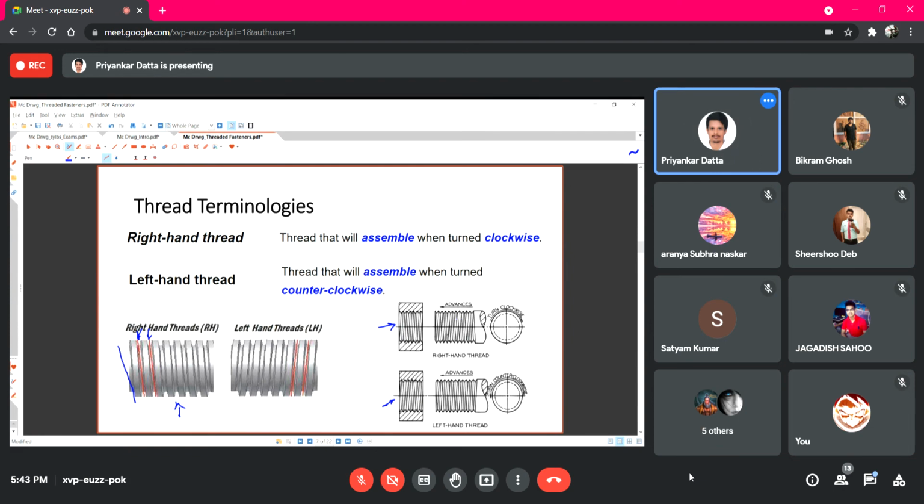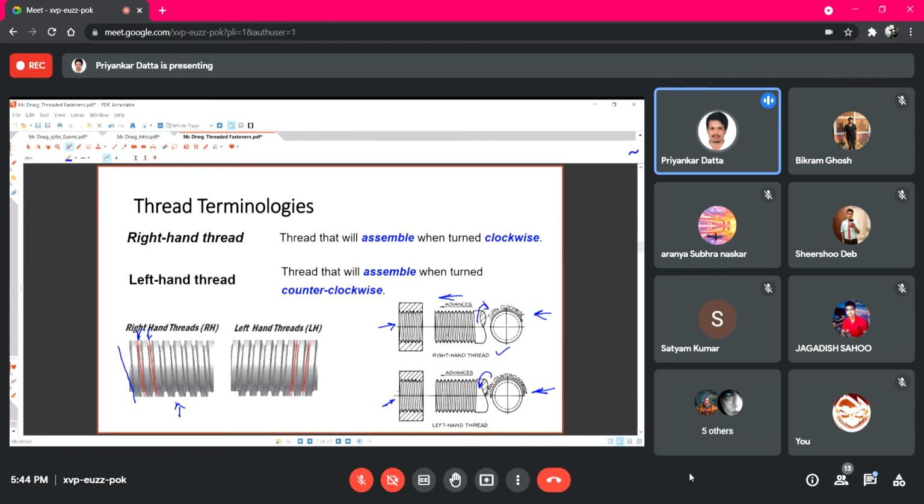Now, for mating or assembling, if a right hand thread is there and we see from this direction, we have to rotate this part in clockwise direction so that it advances inside the nut. Similarly, if we have a left hand thread and the observer is seeing from this direction, we have to impart an anti-clockwise rotation on this externally threaded component so that it moves inside the nut, right?